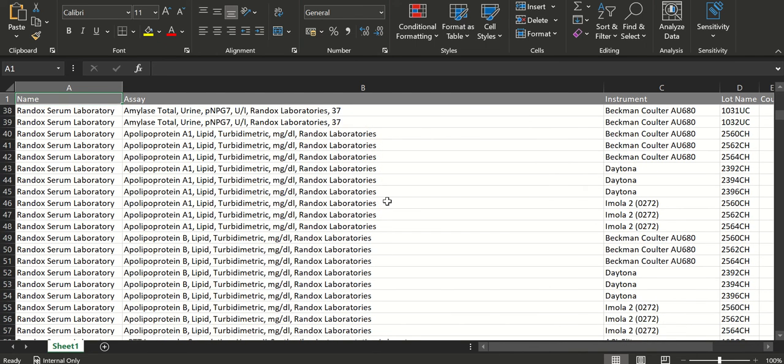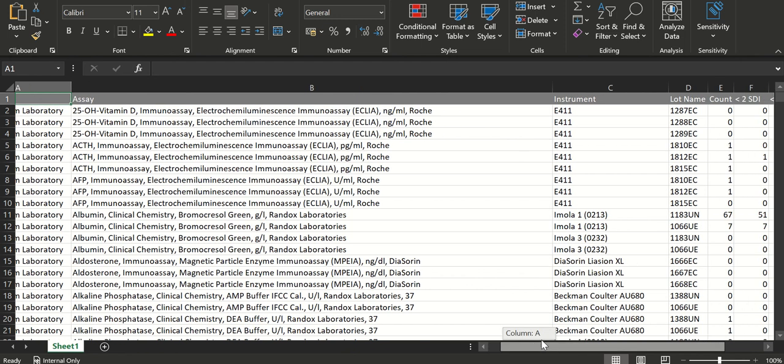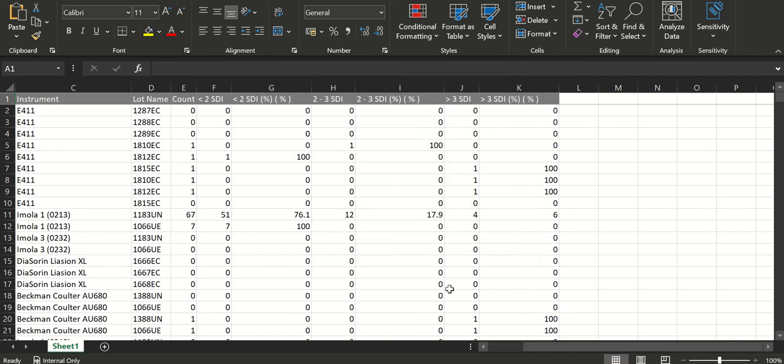So within this, we have our headings, that is the name of the assays, the instrument name, the lot name, and the number of results and the amount of times these have fallen within or outside of our SDI ranges, as well as the percentage of our results that have been entered within that date range that are within that SDI. So we can see here that our